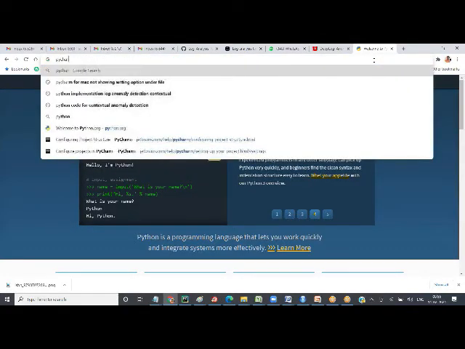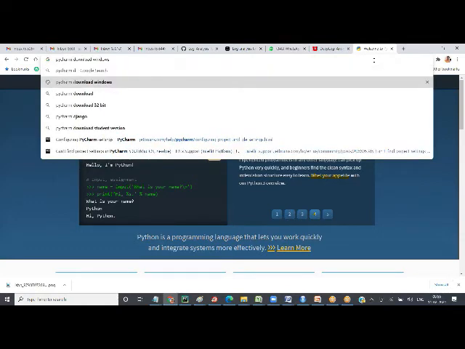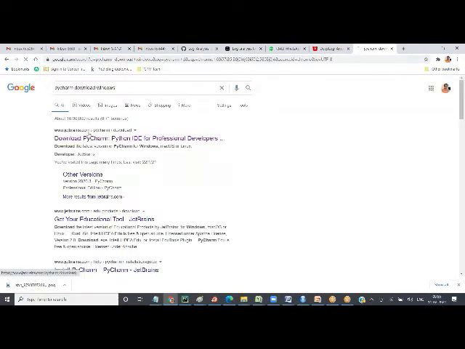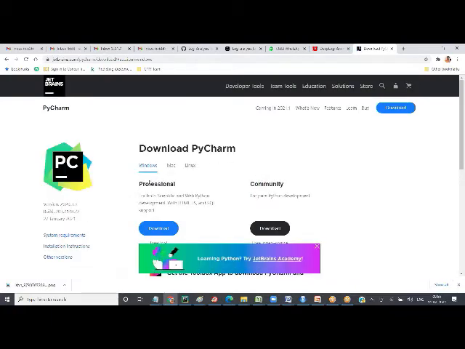JetBrains.com. You can search PyCharm. It will give you the download for Windows, something like that. Go to JetBrains.com, PyCharm download, and there will be two versions: professional, not enterprise. Sorry, this is professional and community. So we are interested in community. Go and download this black button. You have a blue one and a black one. Download the black one, Community Edition. Once you download it, install it. The steps will be in the document. So once you have these two software downloaded, you are ready to program.